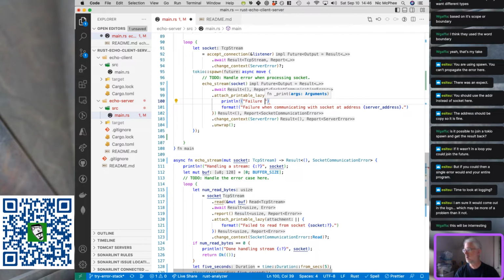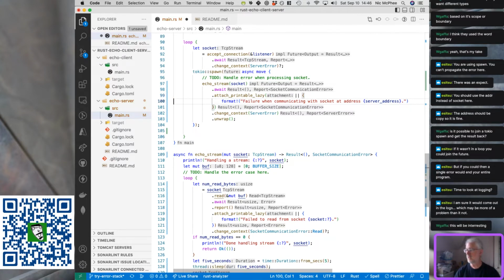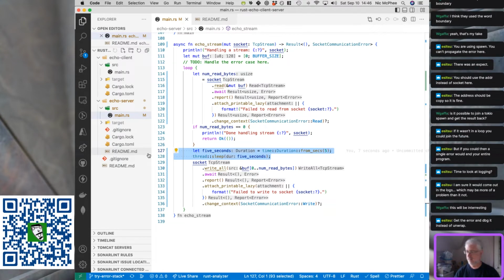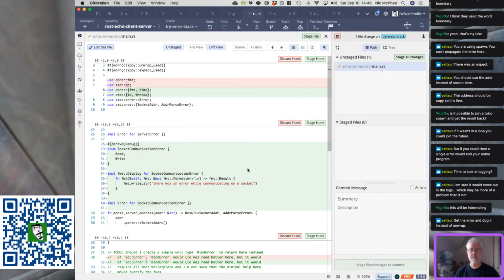Failure. But we're not going to see the read versus the write. Okay, we really need to do the logging, or this whole sleep thing won't make any sense. So I'm going to get rid of that. Well, actually, I'll leave it there for now. Let's commit what we've got, and then